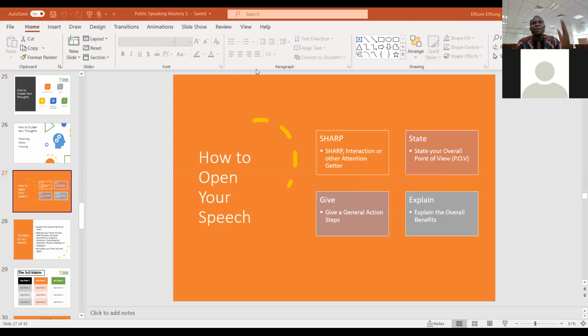And then you give them 1 action step they must take by telling them, so people who want to succeed in their business must go online. And then you give them the benefit they stand to gain if they go online by telling them, those who hook their business online will have more viewers, more patronage. So the first thing you must do is to get the attention.